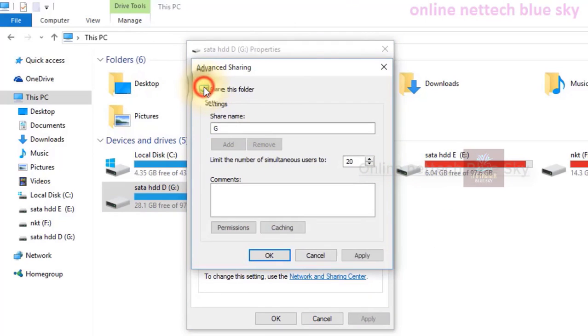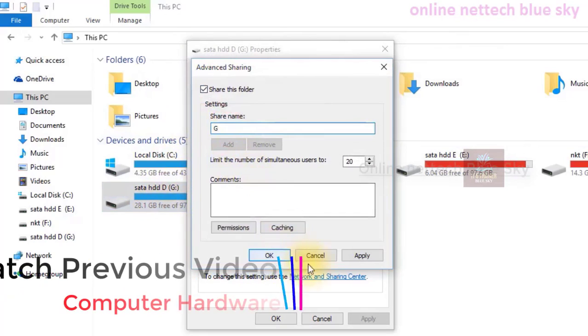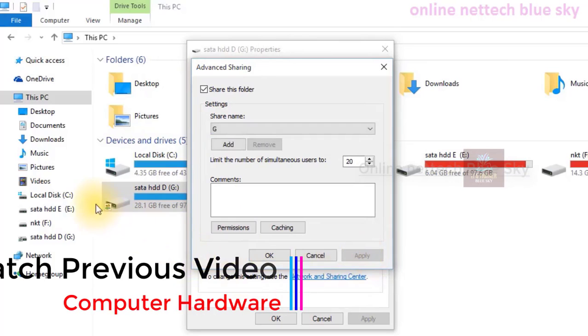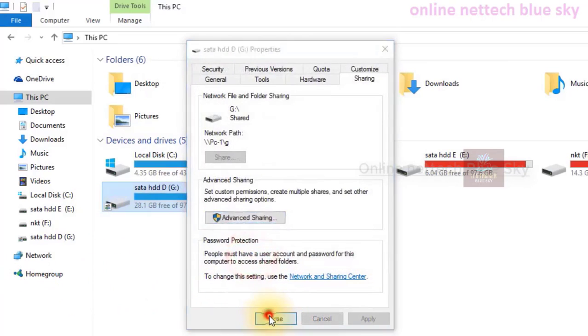Right click and share, and share means this is sharing of the partition here. You can see my drive letter showing here. Click on Apply, click on OK, and close.